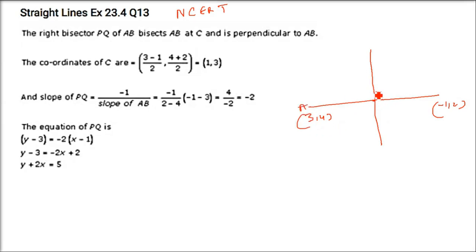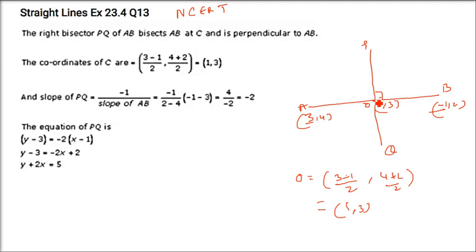First thing, let us find the midpoint because this line is bisecting it. So (3 plus -1) by 2 and (4 plus 2) by 2. You know that it is (x1 plus x2) by 2 and (y1 plus y2) by 2. So the point O is going to come. This is the coordinate x, and this is the coordinate y. So this is 2 by 2 which is 1, and 4 plus 2, 6 by 2 is 3. So (1, 3) is the midpoint we have found using the midpoint formula.